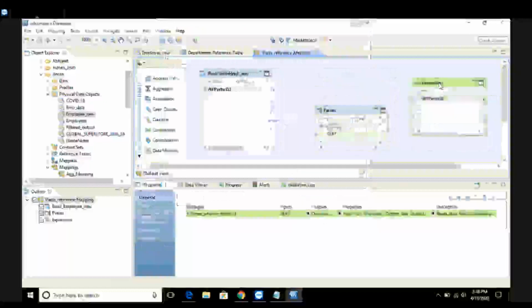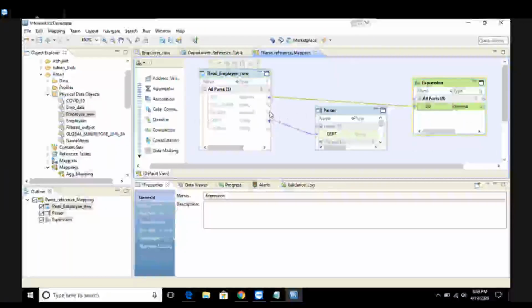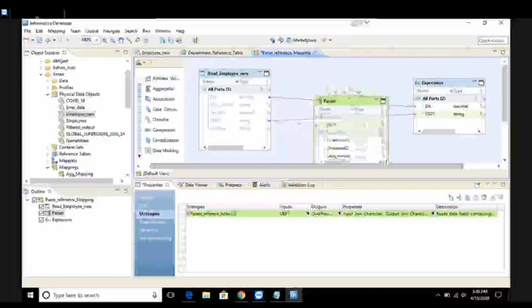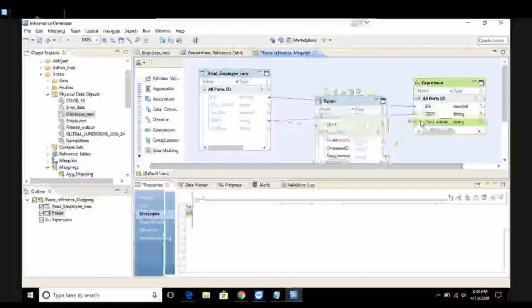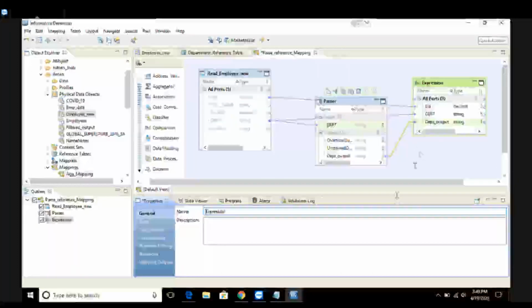Connect my EID with the expression. I'll connect my input department with the expression, and I'll connect my output department which I got from the parser with the expression, right? And I'll click on save.